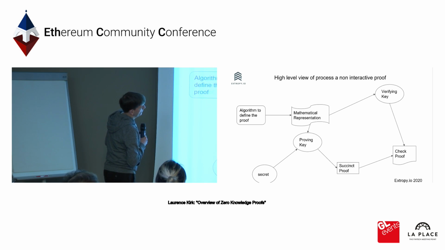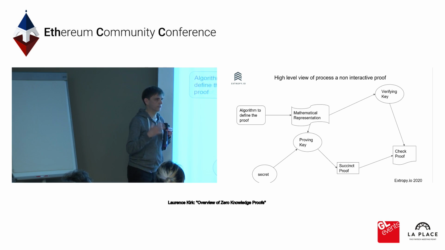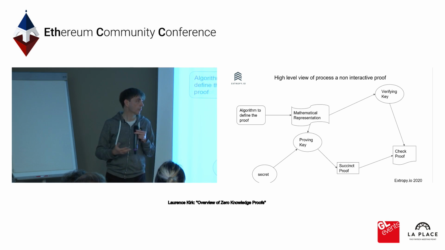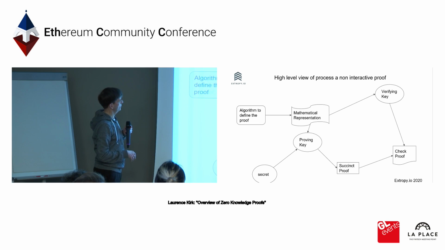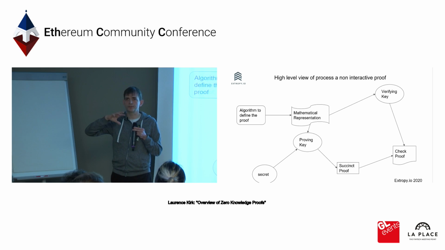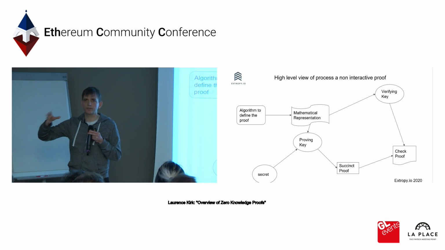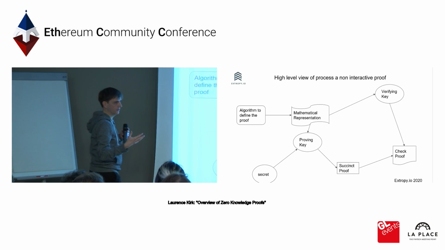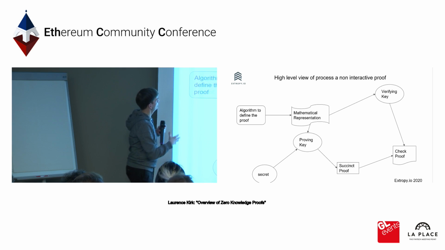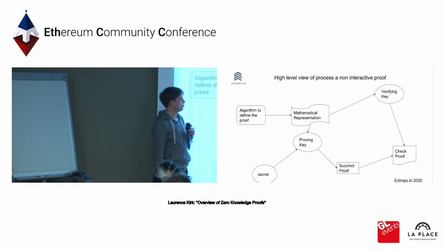Okay, now this is just a little diagram to show what a zero-knowledge proof system might typically consist of, the steps involved in it. Particularly this is a ZK-SNARK. You would have some algorithm that defines the proof that you're trying to represent, and the verifier and the prover obviously have to have some common understanding of this. And then there will be some trusted setup or ceremony involved in creating or defining this.